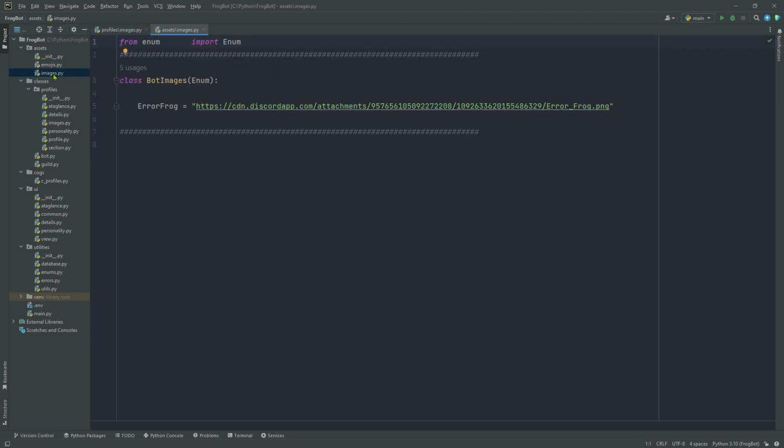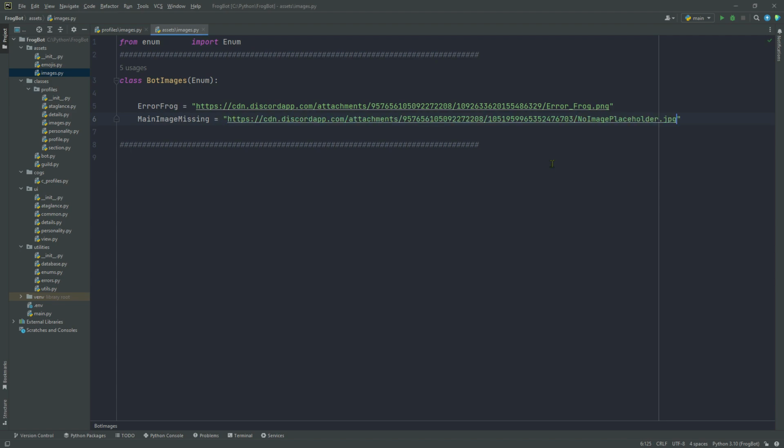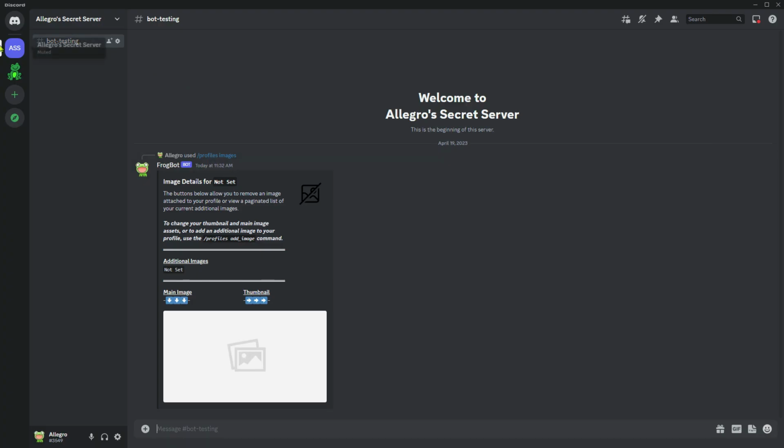I personally just grabbed 2 random picture missing images from the internet. So you can grab the ones that I have, or you can go find your own, whatever works. But we're going to define main image missing equals this image here. And remember, I know we went over this a couple of tutorials ago, but remember to always